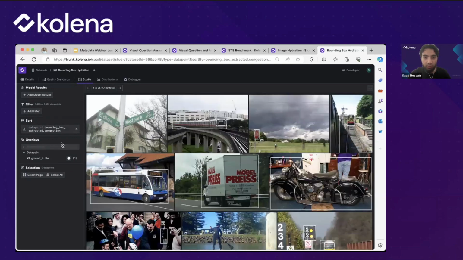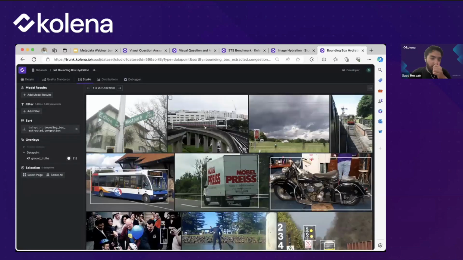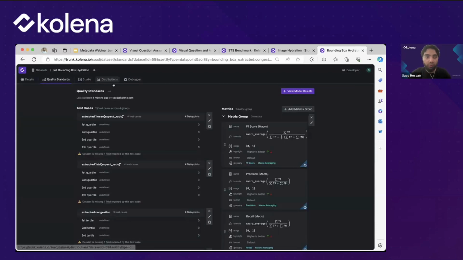Whereas if we were to sort by that in decreasing order, we'd see these are a lot calmer images. There's only one bus, there's only one truck, there's only one bike, and there's not much else going on. So we know that these are perhaps easier examples, and we might be able to choose certain augmentations or upsample data, especially if we see different performances.